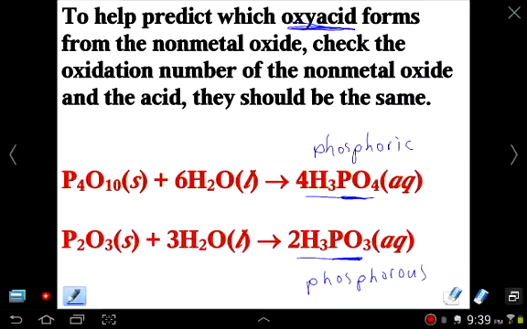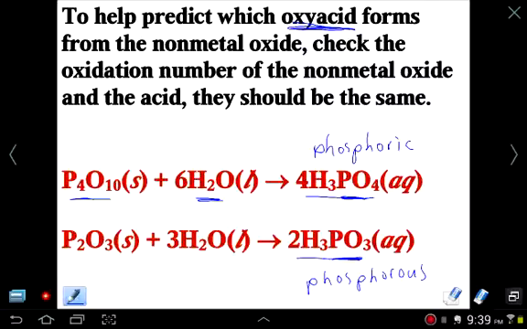And you may not know just off the bat from the original substance what kind of acid would be formed. Sometimes it's not as logical as we've seen previously, where you simply add the water formula. We know that from the phosphorus oxide you'll get some sort of phosphate type acid, but exactly which one, there are two possibilities. To know exactly which one, we can actually take a look at the oxidation number, what we